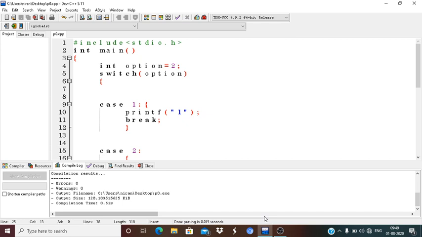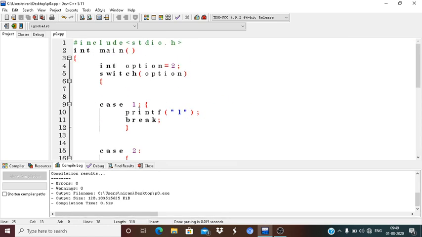So today's topic is switch case. Let's start. What is the switch case, or you can say, what is the switch statement? The switch statement is used to execute a block of statements depending on the value of a variable or an expression. I repeat: the switch statement is used to execute a block of statements depending on the value of a variable or an expression. I can write a simple switch case program.